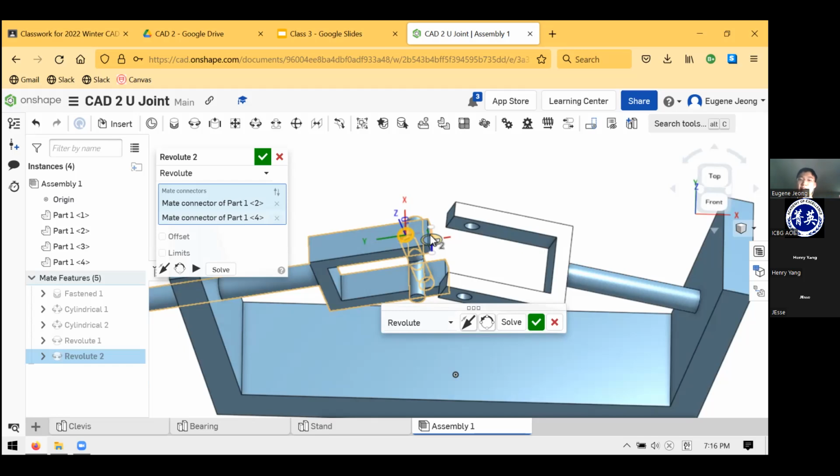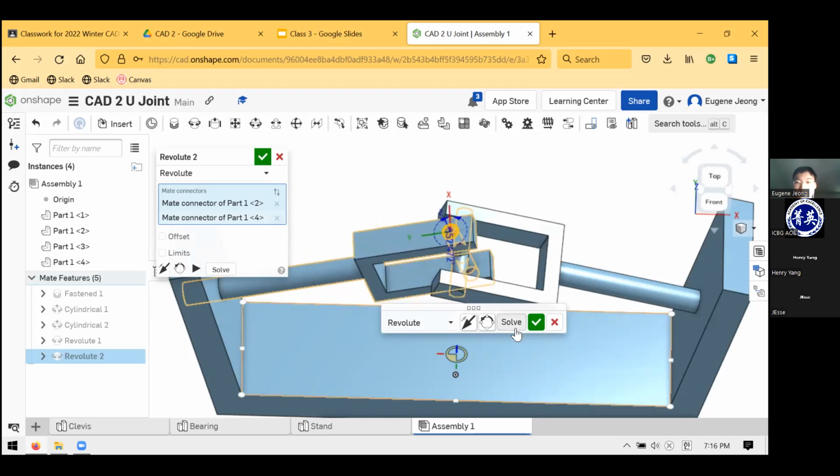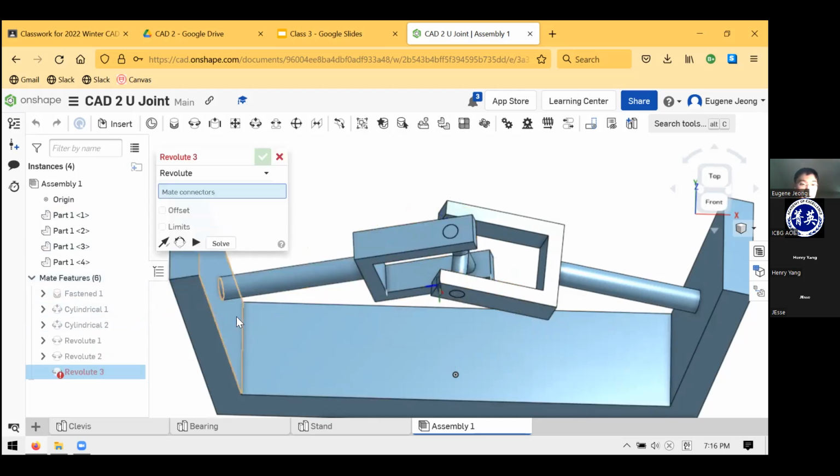Onshape will just demonstrate its solution for the 2 parts that you clicked on, but it won't update everything else right away. And if you want to actually see the full preview of what it's going to look like, you can just tell Onshape to solve for the rest of the geometry. And you can see when I hit solve, it actually updates the other parts to meet all of the rules that I set using the mates. So that's all I need. Hit the check mark, and